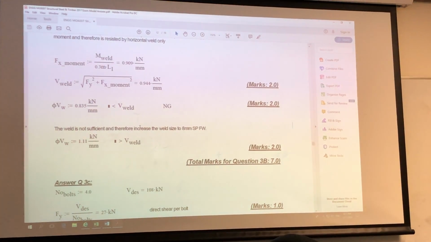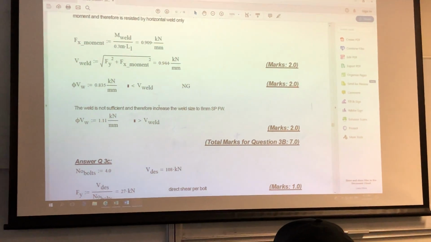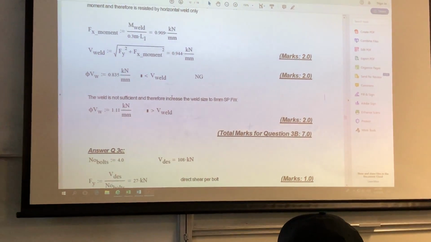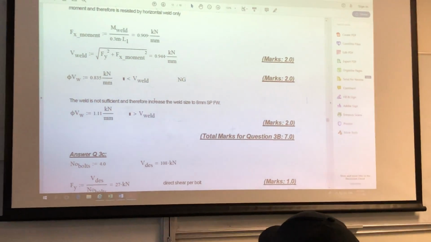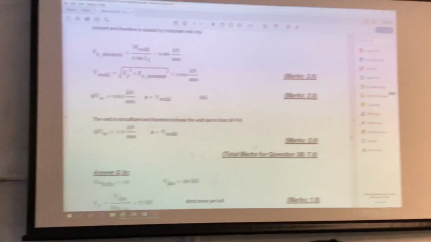Now I ask, if it's not sufficient, what do you need to do? The weld is not sufficient, and therefore increase the weld size to 8 millimeter. That's an easy answer, and then it's okay, because I asked you in the question. Now go to question